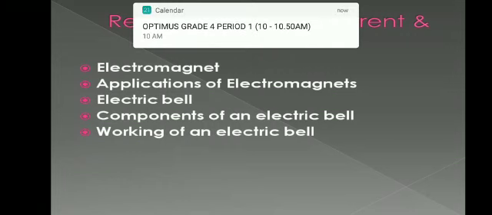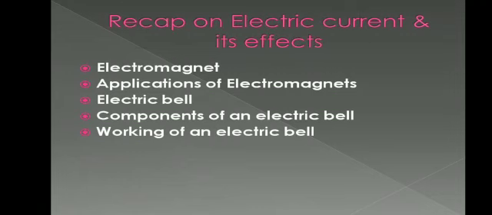Applications of electromagnets. They are used in toys and also in many telecommunication equipments and in domestic appliances such as electric bells. Electric bell. A coil of wire wound over an iron piece forms the electromagnet. A battery connects the wire coil and the contact screw, a switch in the middle of the circuit, and an iron strip which has a hammer attached to it, which is joined to the wire coil.